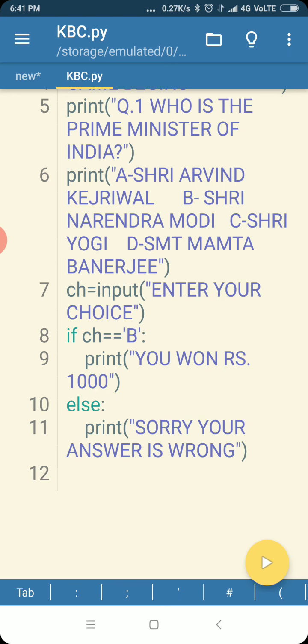Only some students wanted me to explain in Pydroid 3, so I am explaining here. The other students, those who are having a laptop or desktop, can use Python 3 plus any version, and it is normally easy in those things. Now here you can see when I am running this program.